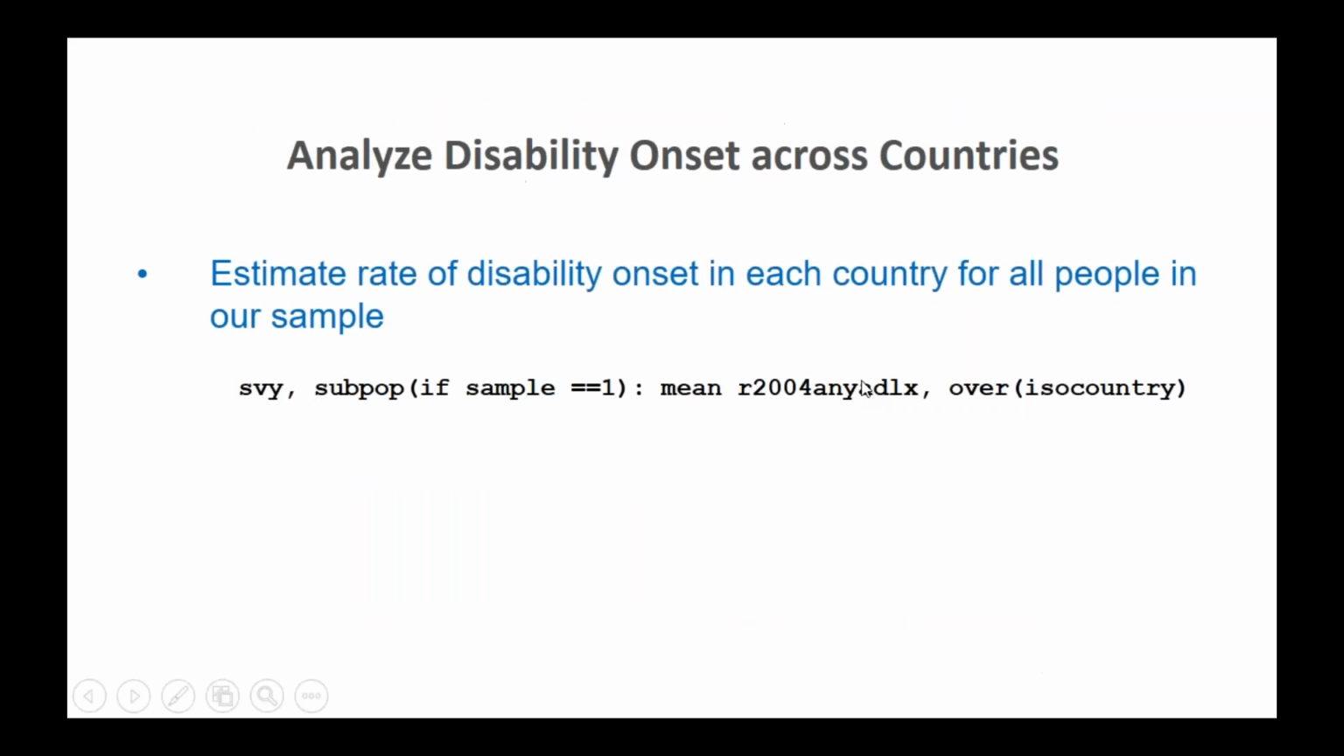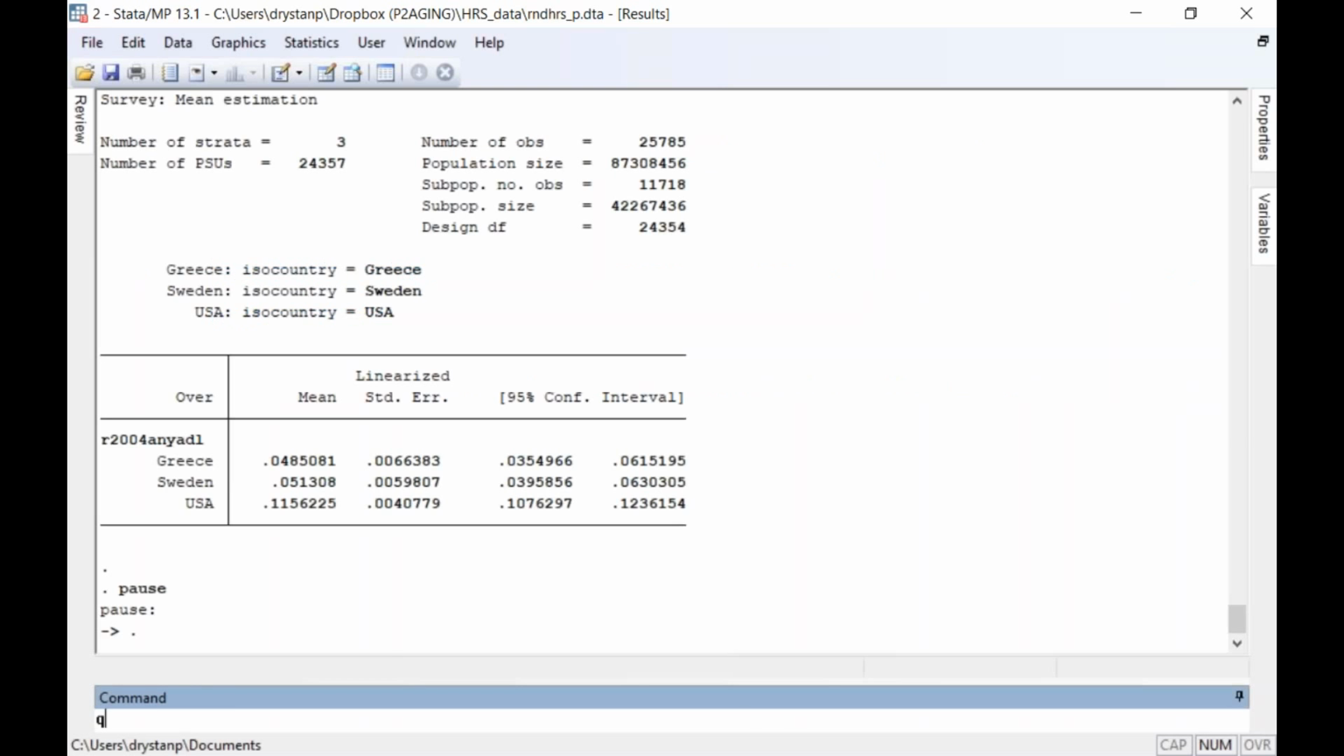So the next step is we're going to be analyzing disability onset. So I said we're going to be looking at something longitudinal. So let's take exactly the same code that we used before, but instead of looking at our any ADL variable, let's look at our change variable. So the mean of any ADL change over ISO country. So if we jump to Stata,